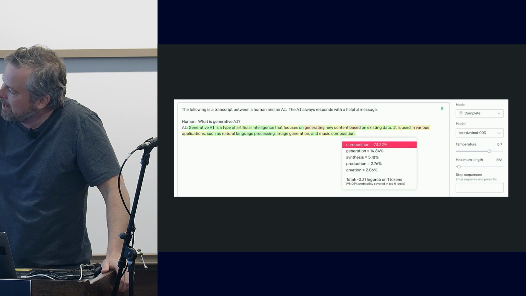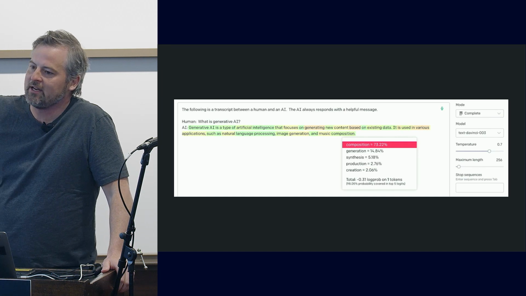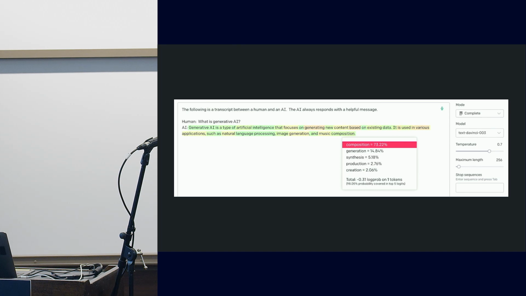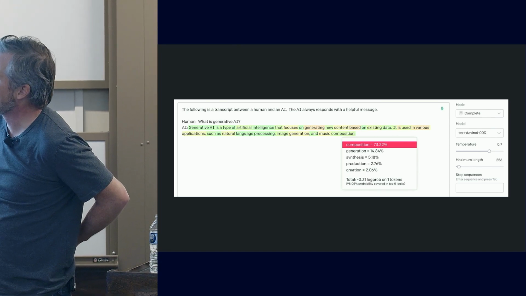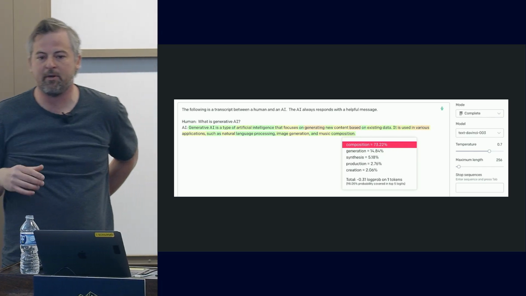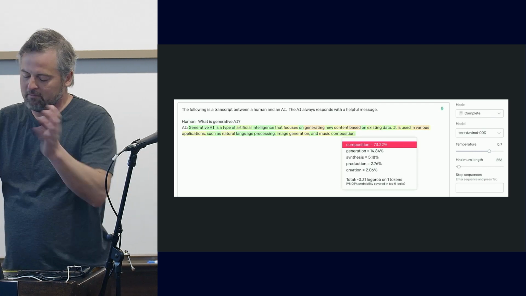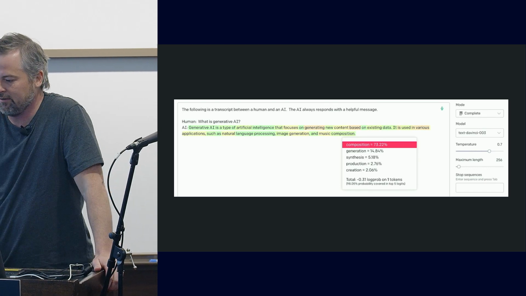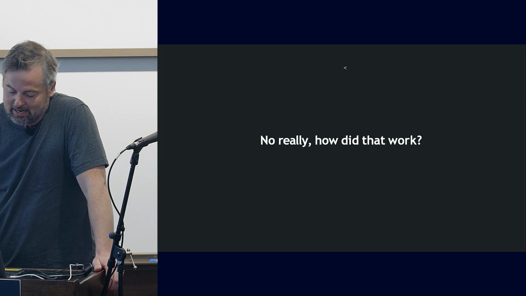This little pop-up here is telling me if you want, you can ask GPT to give you the probabilities of the next token, right? So this is the probabilities of this last token here, composition. And you can see, you could say music composition, generation, synthesis, production, and there's the probabilities there. And so it just is taking the top probability token, or depending on some parameters, maybe randomly choosing the final token. Okay, that's at a really high level.